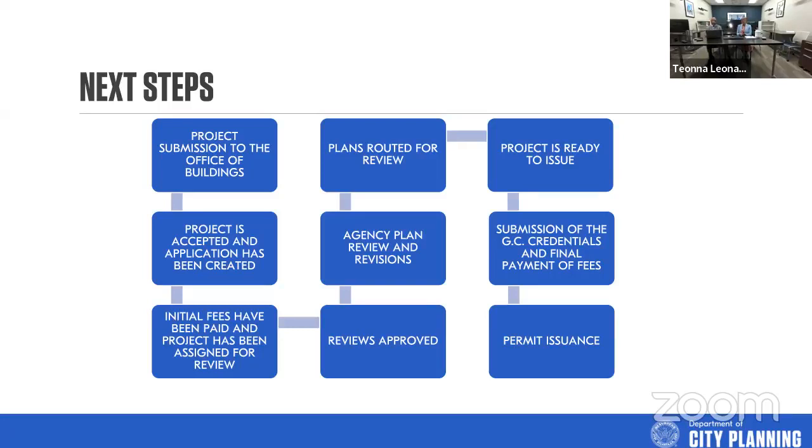The only benefit to coming into the office is if it's an express permit. An express permit has limited categories, which we'll talk about in a minute, but the express permits can be issued over the counter same day. So that would really be the only benefit to coming into the office, unless you just want to see us, of course. But the only benefit is if you're trying to pull a simple permit for a fence, a shed, or something of that nature, then it would behoove you to come in because you would get that permit same day versus the 3-day express permit timeframe.